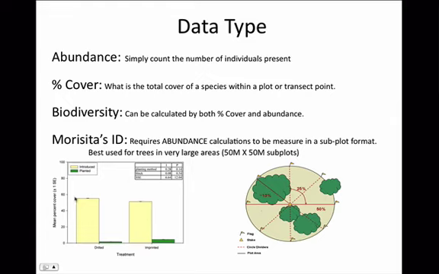And this is just an example of a simple Excel bar graph that would be awesome if you were able to put that together. And it's just using mean percent cover between 2 treatments with